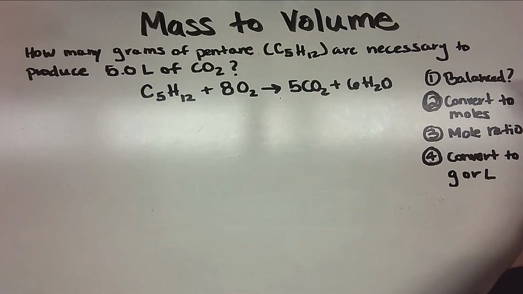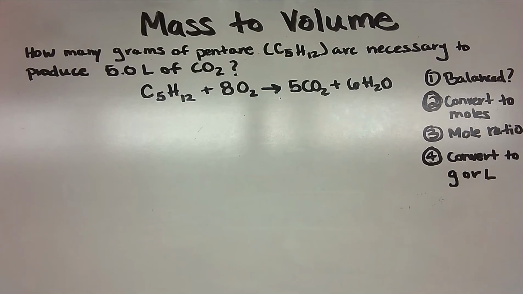So first and foremost, we're going to check that our equation is balanced. Whatever we are given in the beginning, whether that's mass or volume, we're going to convert to mole. And we'll use our mole ratio to go from mole of our first substance to mole of the second. And then we'll follow the last step, converting our mole to either grams or liters based on what we were